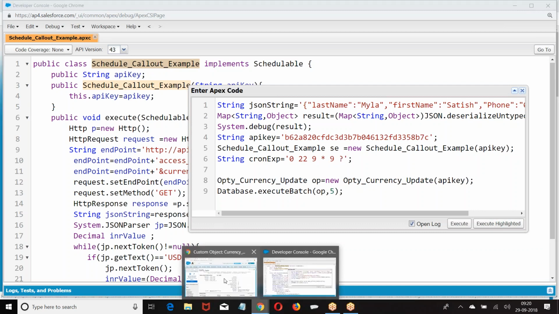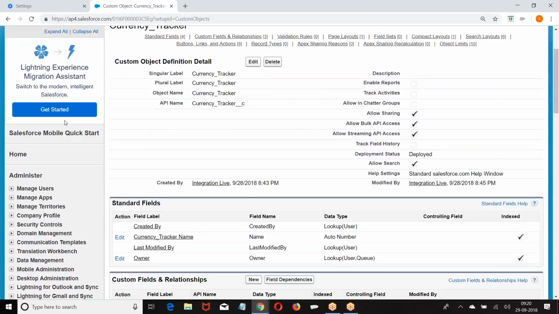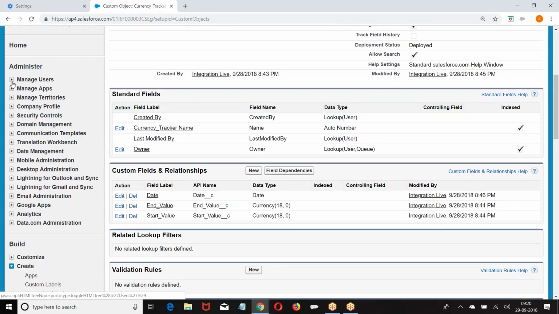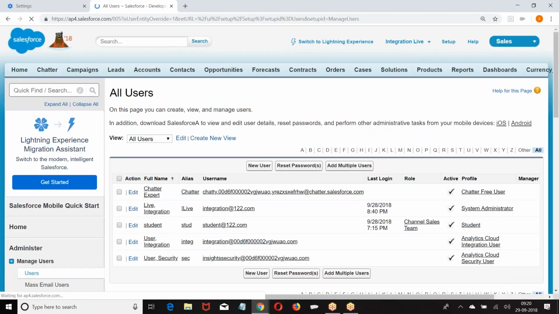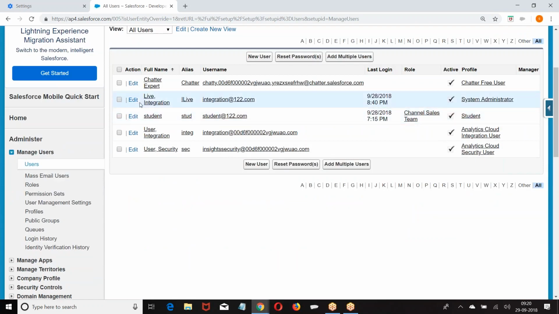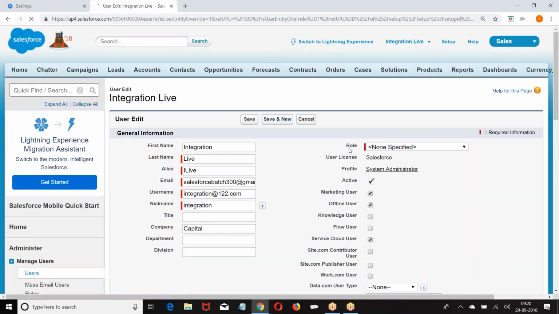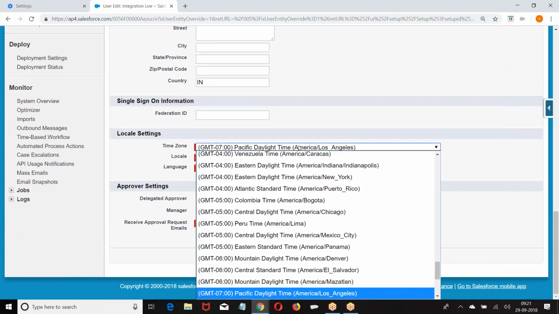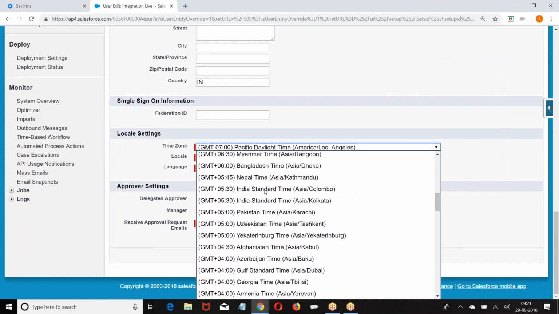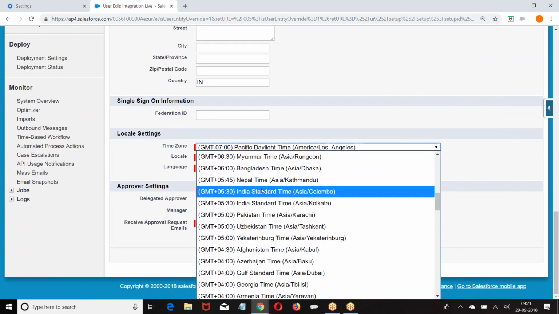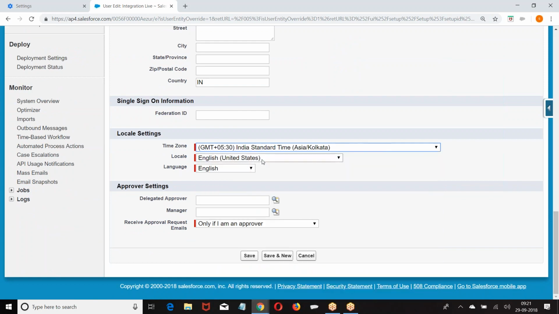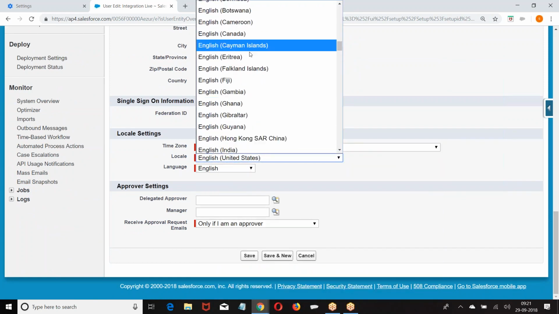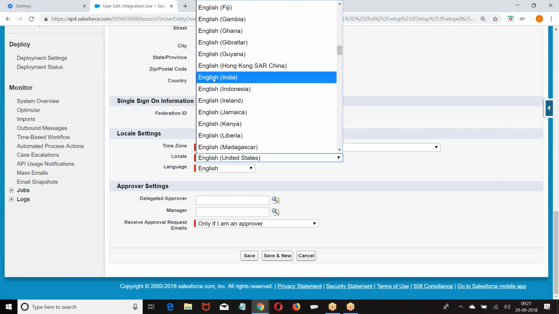First of all, what is the time zone of the user? The user who is running, according to his time zone, the operation will run. The operation will be running according to the current user time zone. So what is the current user time zone? Any job that is scheduled, the user who is invoking the operation, according to his time zone, the data will be running. I'll also just change.